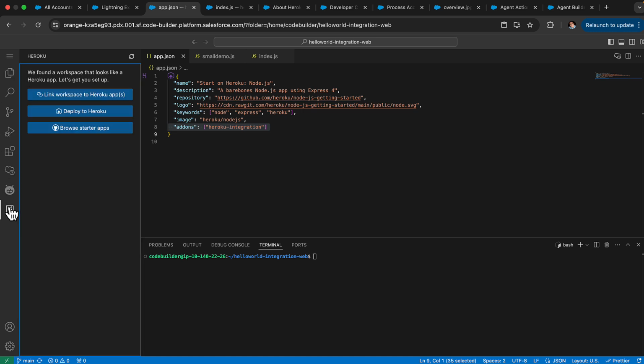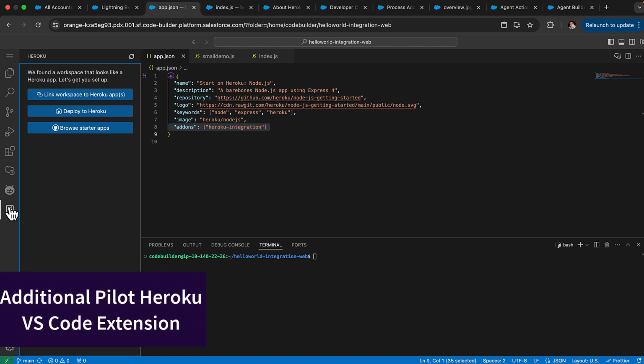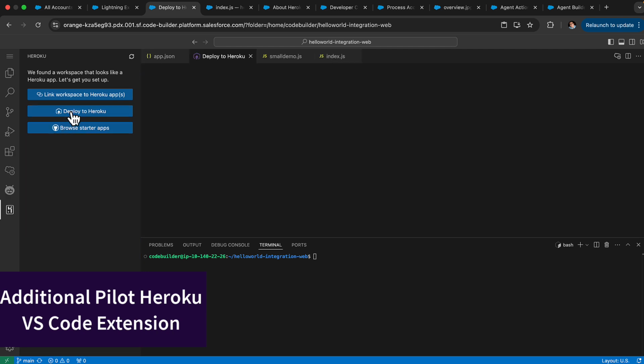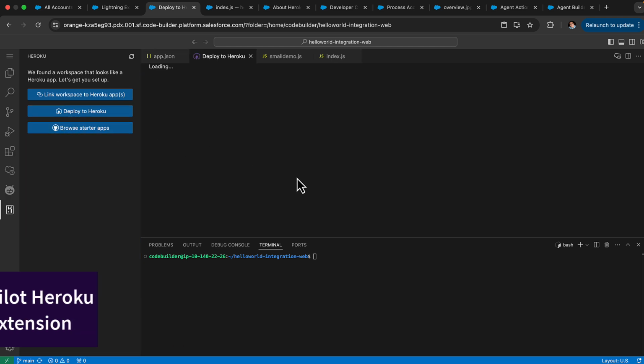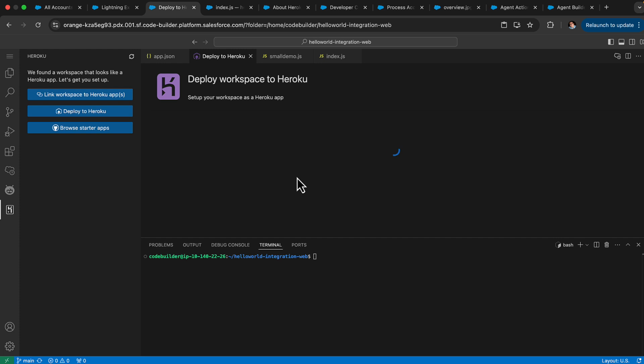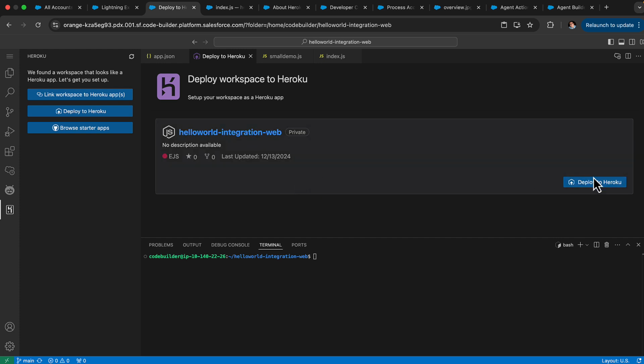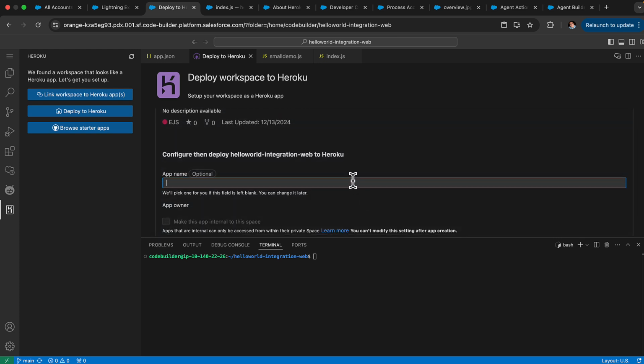That pilot is the Visual Studio extension for Heroku. So using this extension, among many features, I can deploy my Heroku application. So now that I've configured my app.json, it knows the name of my application and a few details such as what add-ons to install. So let's go ahead and kick this off and allow it to start doing a deployment